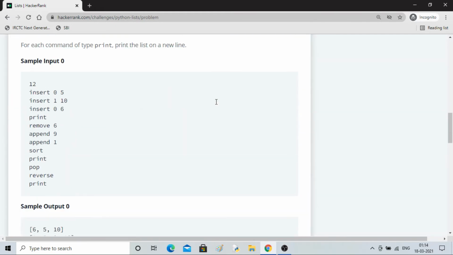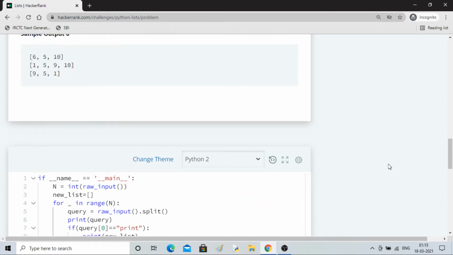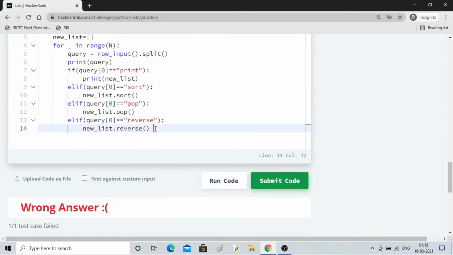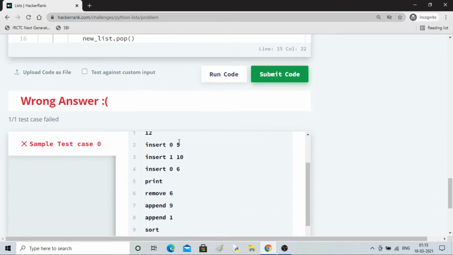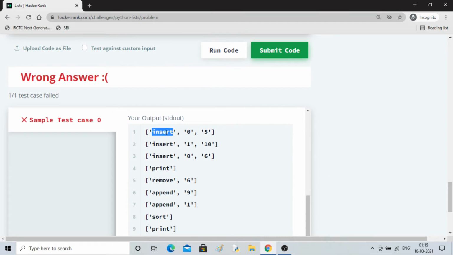Now what is remaining are the multiple input commands. So insert is one, remove is one, and append is one. I will do insert first. So here I'll paste, this time it is insert. If the 0th element is insert, then we are saving it as an array of 3 elements: the 0th element, 1st element, 2nd element.